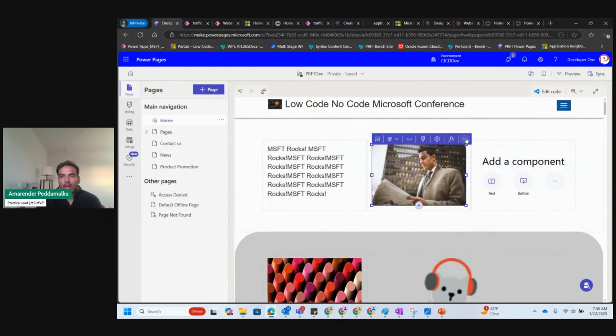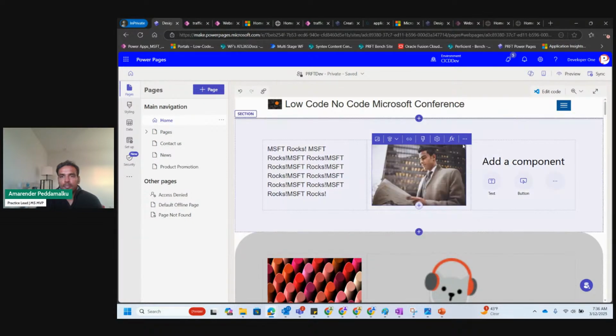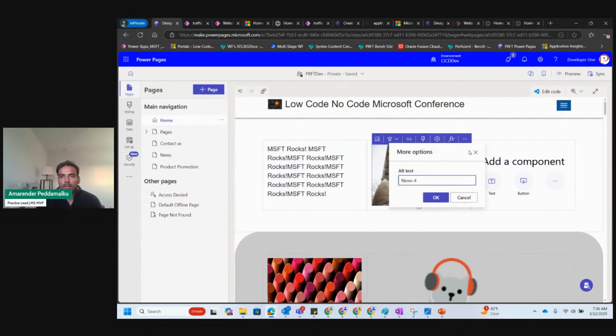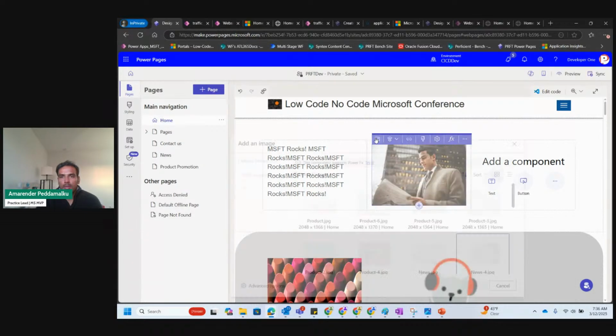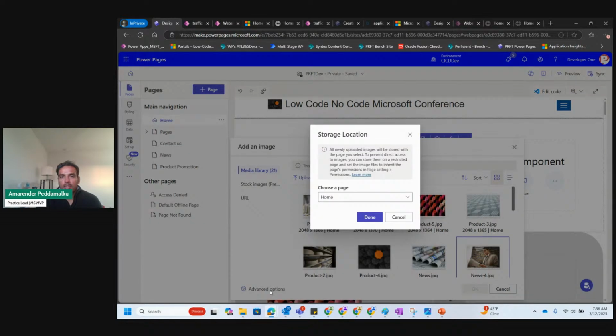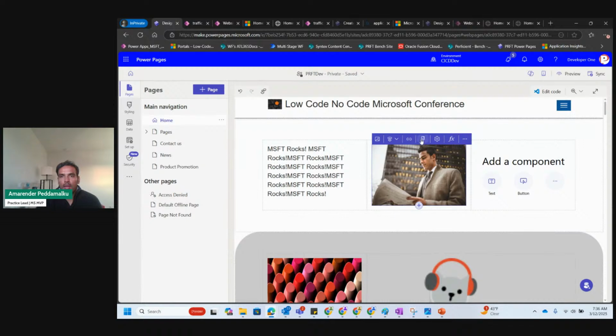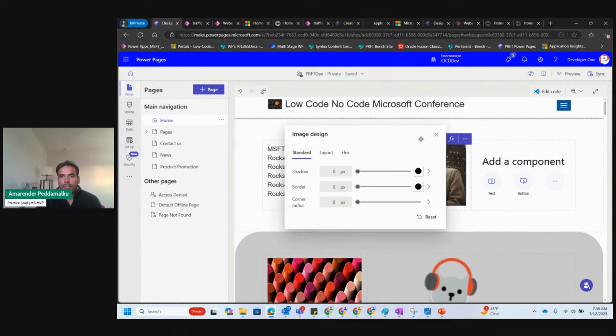And if I edit this, if I go to settings, more options, advanced options, I want to show you how you can... Yeah, there it is. So you can control different shadow and border and corner radius.